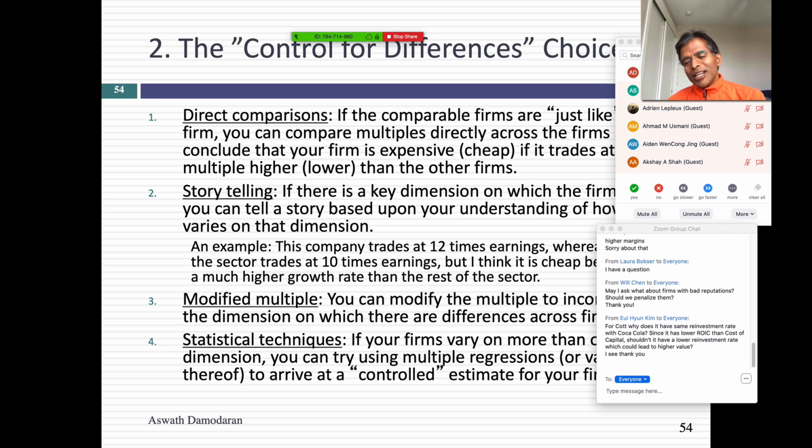The problem is if you have a direct comparison like Uber and Lyft, you can just talk about those two companies. But what if you have a dozen companies? Storytelling very quickly runs you into a rock because you keep going back and forth. So there are two tactics you can adopt. One is you can try to bring that variable that you think matters into your multiple. I'll give you an example of how this would play out in ride sharing.